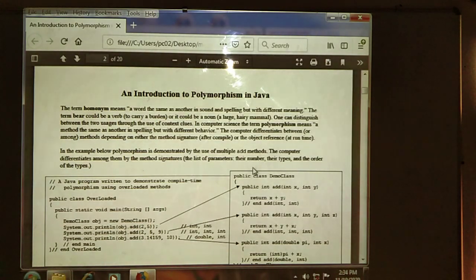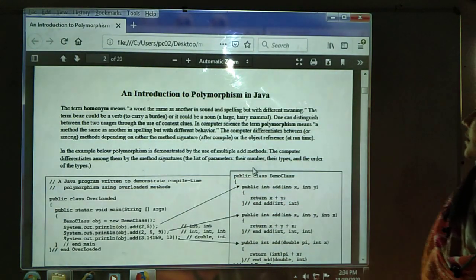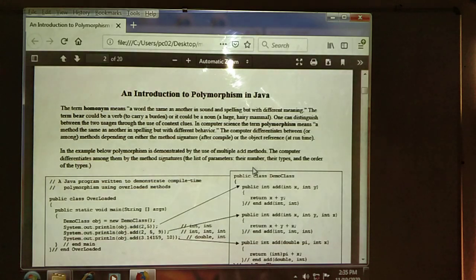First, what is polymorphism? In computer science, the term polymorphism means methods have the same name in spelling but different behavior. Suppose we are writing the addition method, addition, addition.